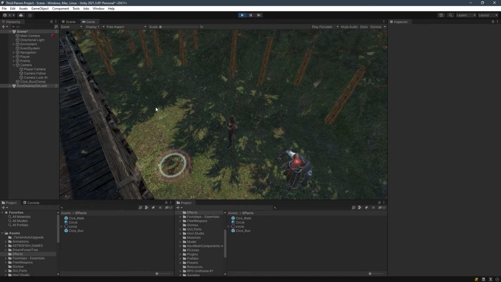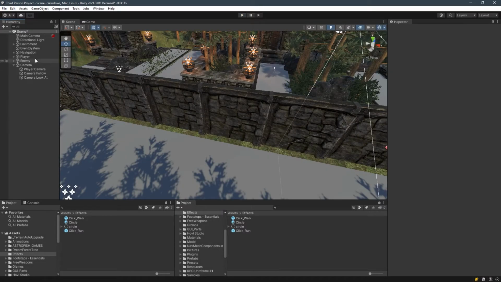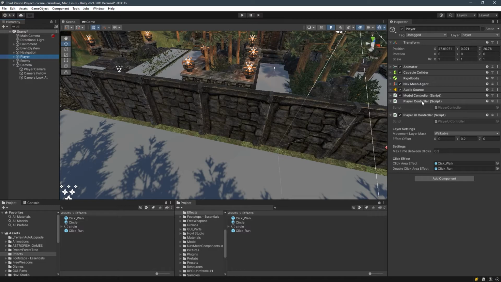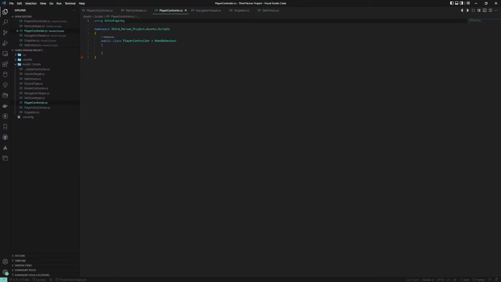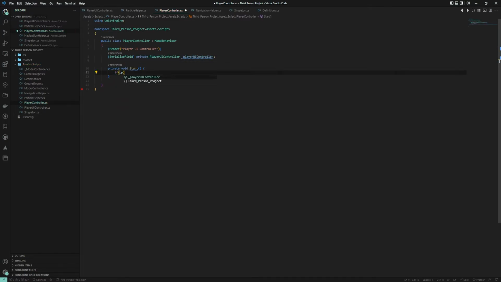So as we have finished with the effects, let's make the player move. For this one, we're gonna add some codes to the player controller. Let's open it and start coding. We're gonna need the player UI controller, so let's define a variable for it. In the start method, we're gonna check if we have player UI controller. If we have, we are assigning the method to the event which we have defined in the player UI